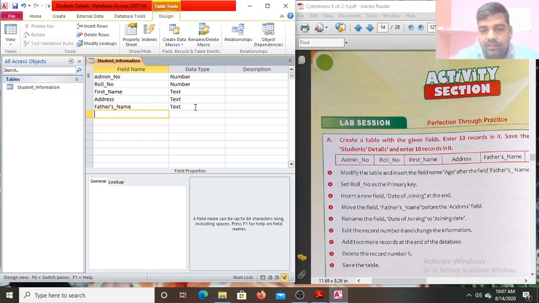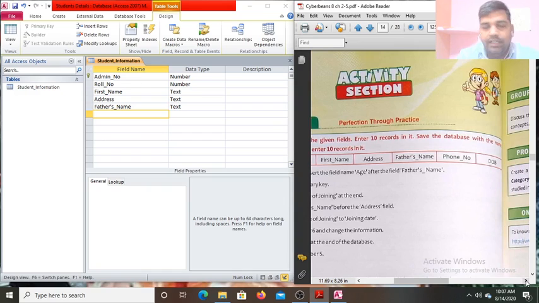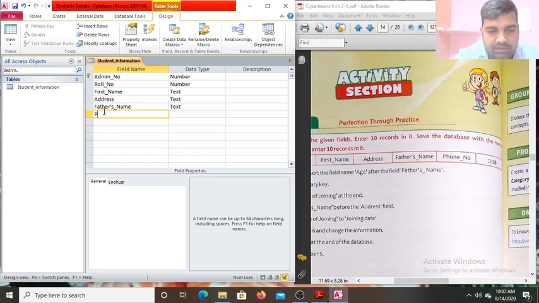The next fields are the phone number and date of birth. Next field is phone number, and we are typing phone underscore number.